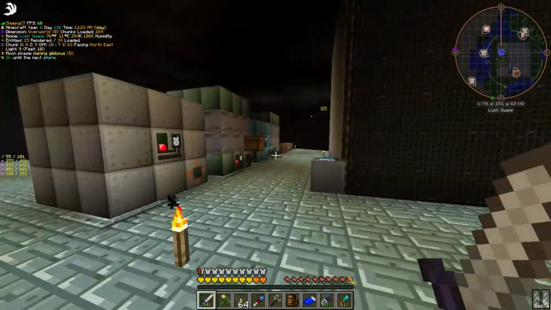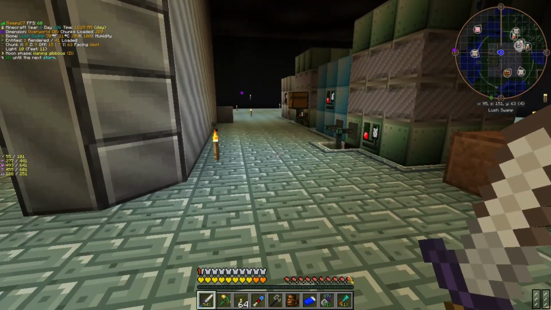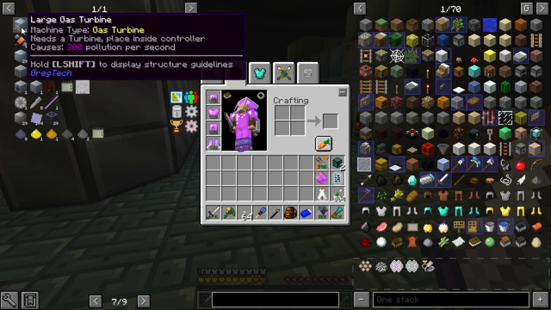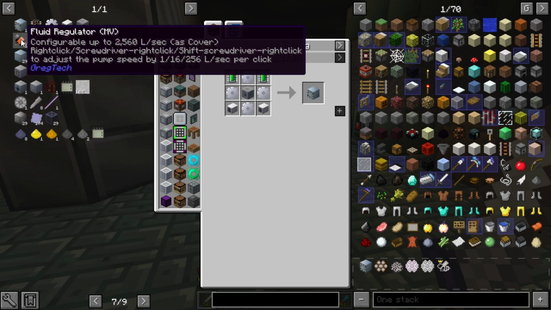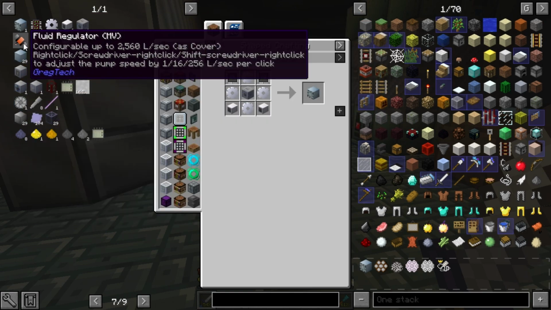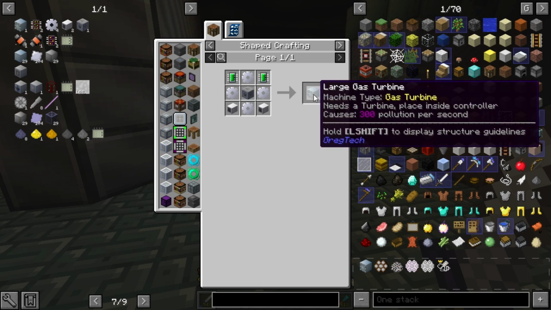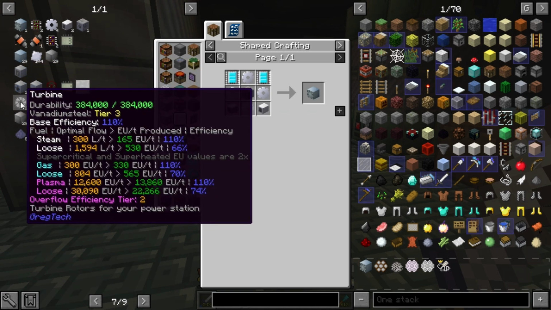So I feel like this is due for some updating now that we're kind of entering into EV, and that unlocks the large gas turbine. So I've done a little bit of looking into this guy. I believe we're going to need a fluid regulator to get the efficiency correct as far as the benzene going into this large gas turbine. And then I kind of looked into turbines a little bit too, so I think this might be our best option